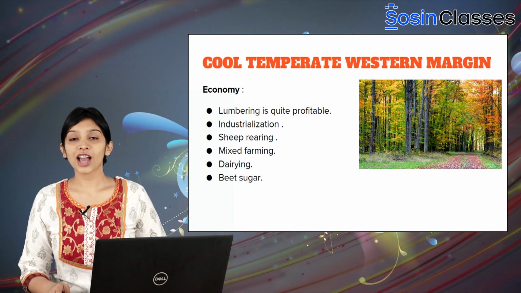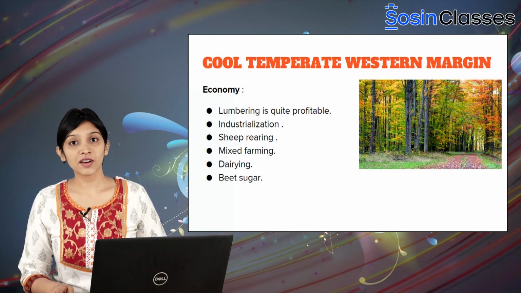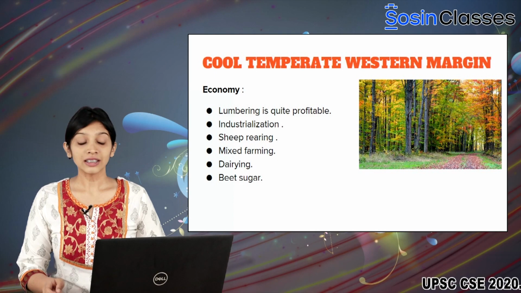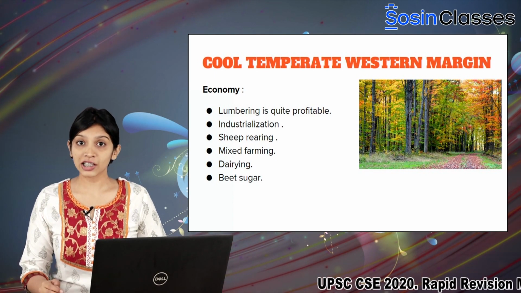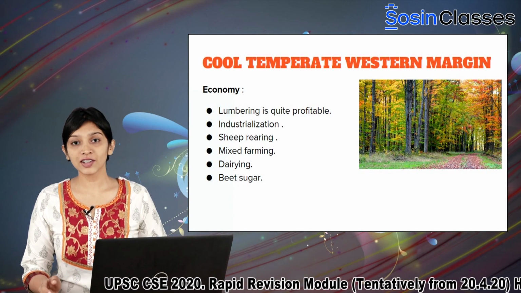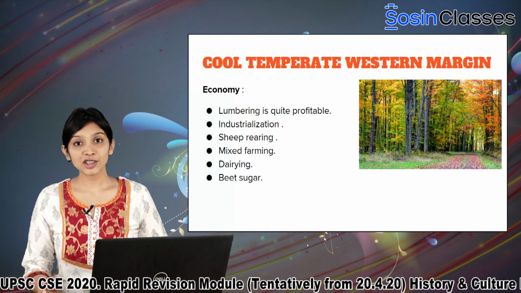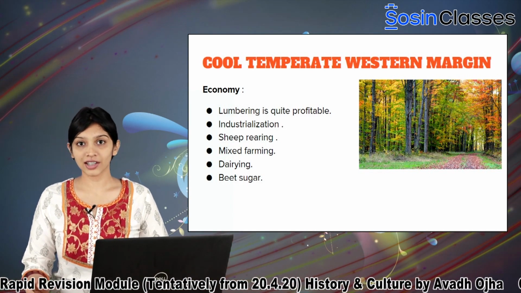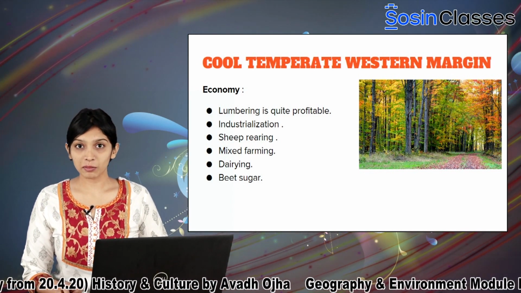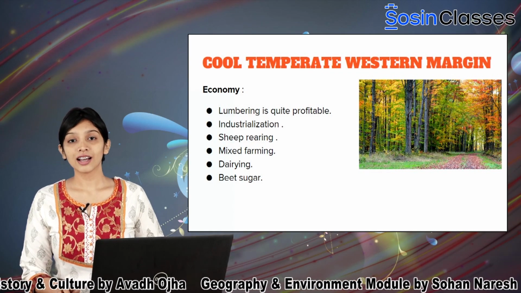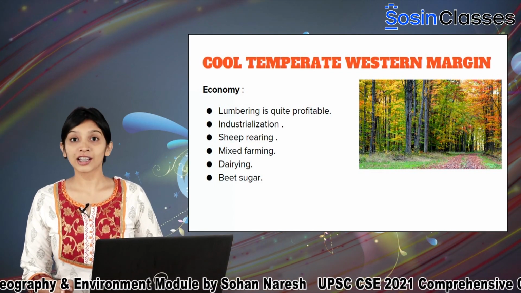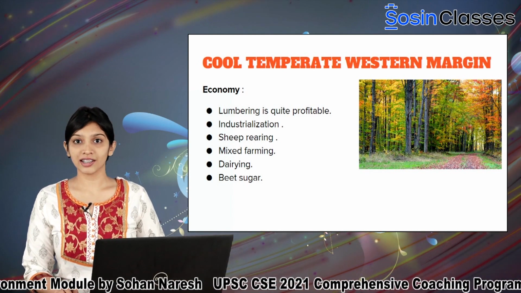Next on line, we have mixed farming. Mixed farming involves the practice of both arable farming, that is the cultivation of crops on ploughed land. Wheat and barley are extensively cultivated. And pastoral farming, that is animal rearing. The British type climatic region is very favorable for intensive dairying. Several dairy products like milk, cheese, cream are produced and marketed.